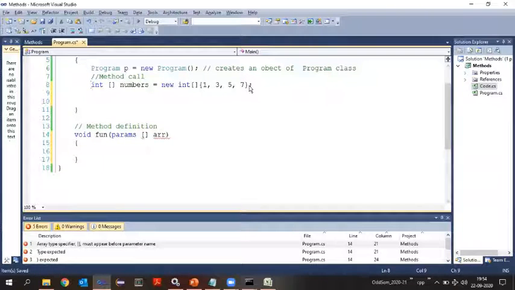So what this statement is doing, I am creating an array of the integer data type and initializing it with the 4 values, that is 1, 3, 5, 7. Then I'm going to call